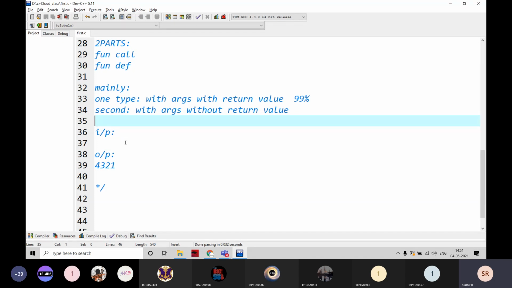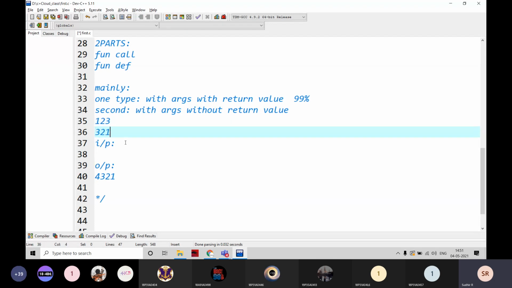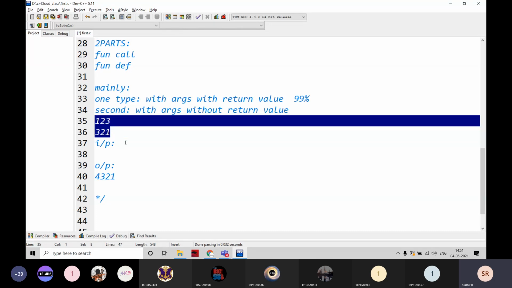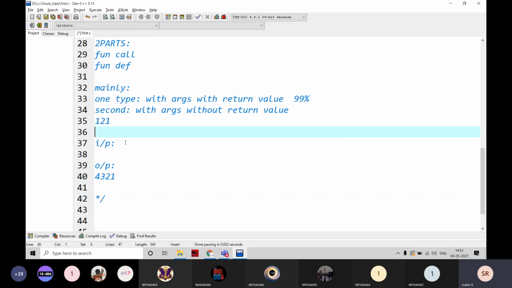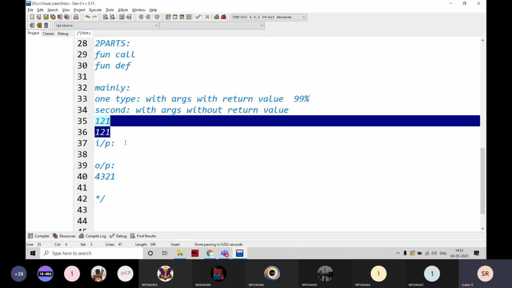Palindrome means, for example, if a number is there and I reverse it, after the reverse also both are the same, then that is going to be a palindrome. For example, 121. If I reverse it, that is also 121. That means this number is a palindrome number.